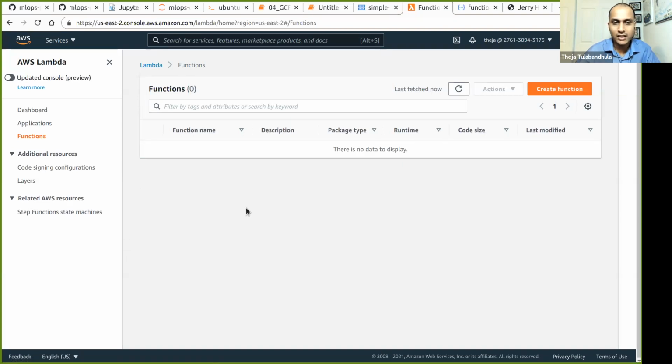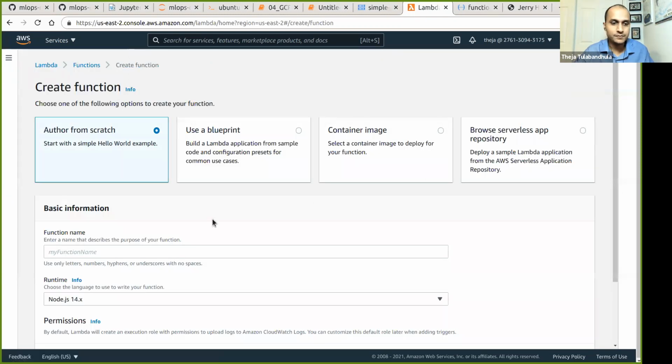Thanks, George, for checking. Let's click on Lambda, and we'll just do a hello world for now, and then do the same model deployment. So let's create a function.